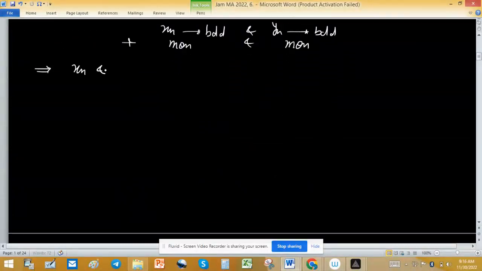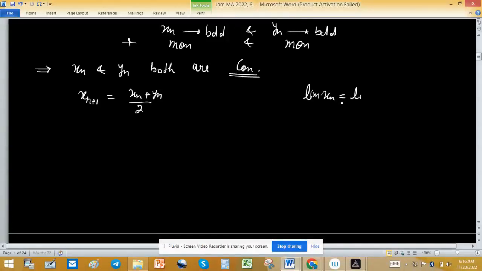This implies xn and yn both are convergent. Now try to find a relationship between the limit of xn and yn. As xn plus 1 equals xn plus yn divided by 2, suppose the limit of xn equals L1 and the limit of yn equals L2. From this, L equals